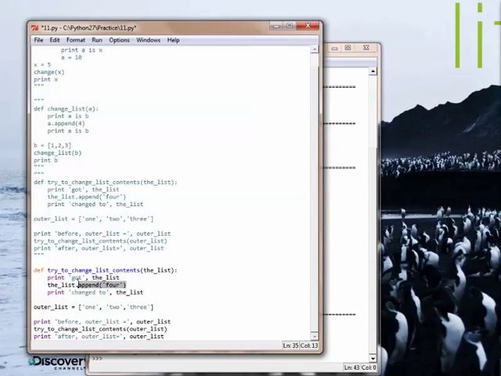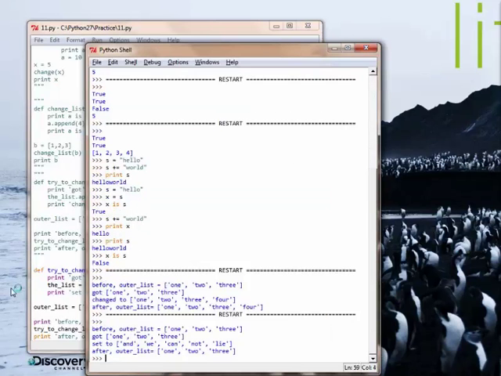Let's try to change the list here and say here, and we cannot lie. Okay, print set to. Okay, now